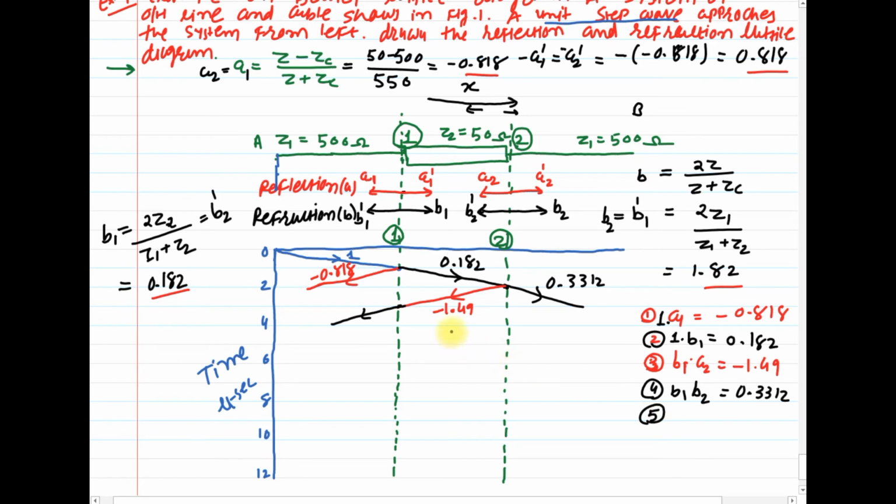We have written B1 into A2 into refraction at the right hand side from the junction 1, which is B1 dash. So which is equal to into B1 dash, which is minus